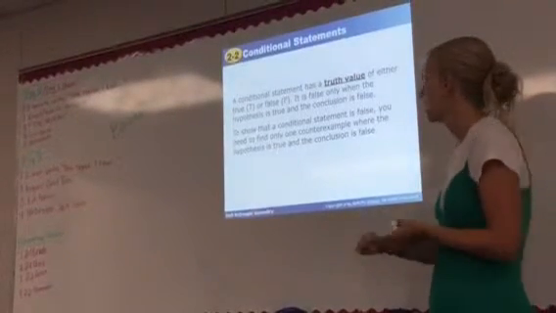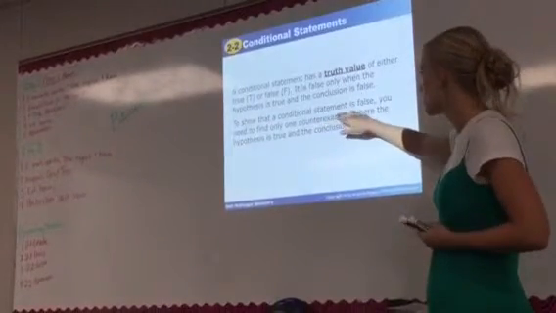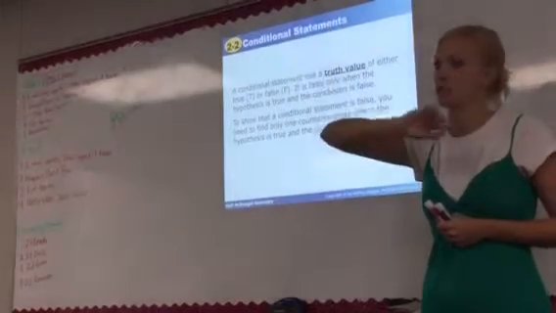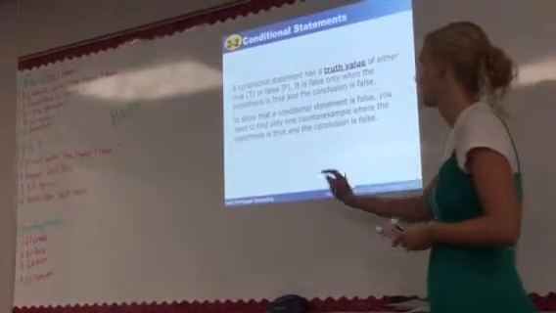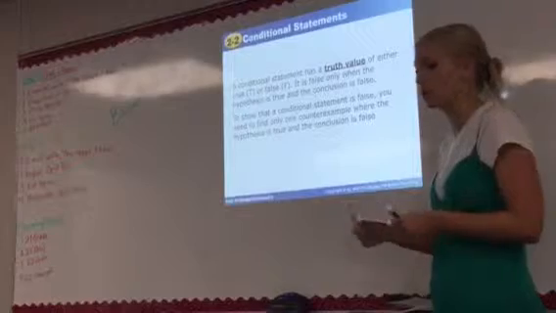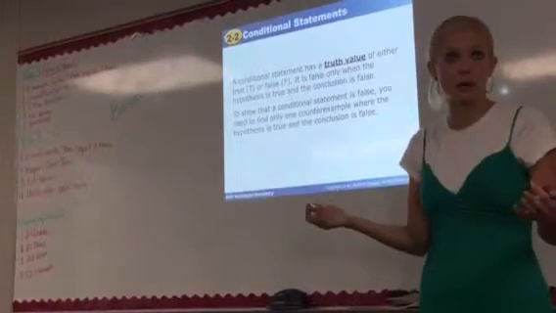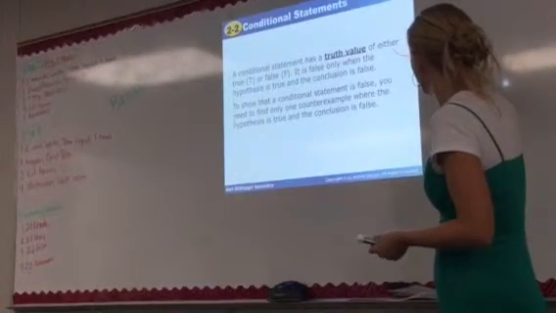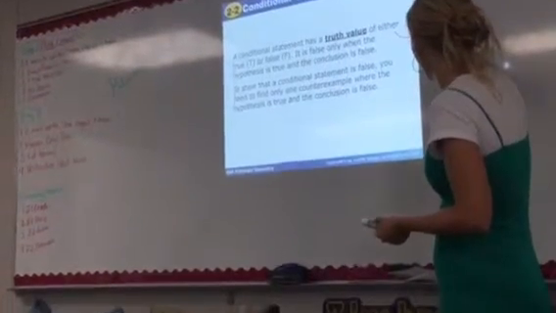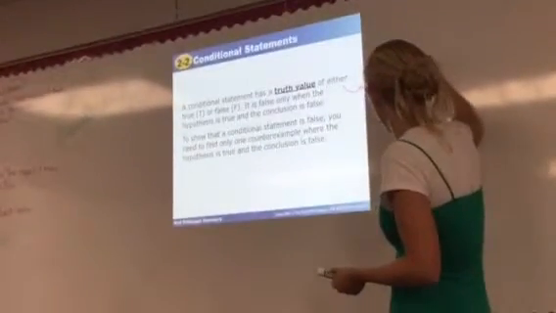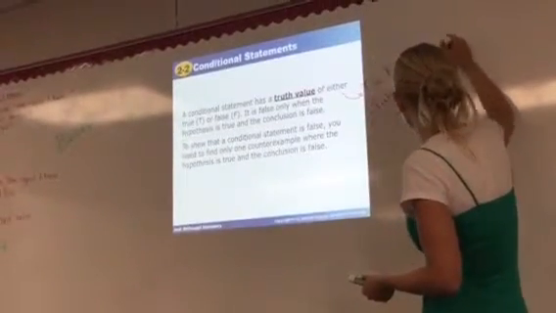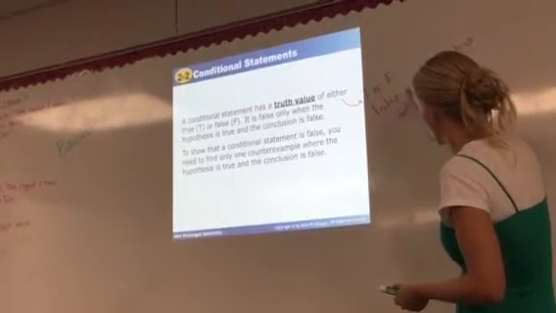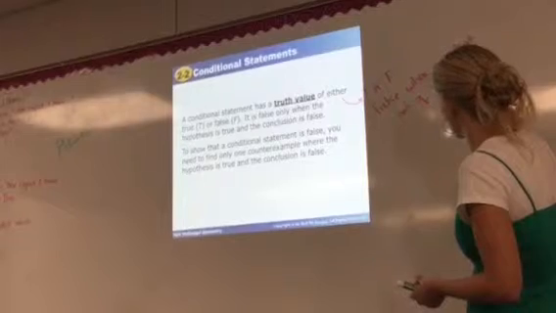But is the conclusion true? No. Okay? So under truth value, to show that a conditional statement is false, you only need to find one counterexample, just like we've done before. One counterexample, where the hypothesis is true and the conclusion is false, like we just did with that problem. So under truth value, really you can write true or false. And I would write false when P is true and Q is false.